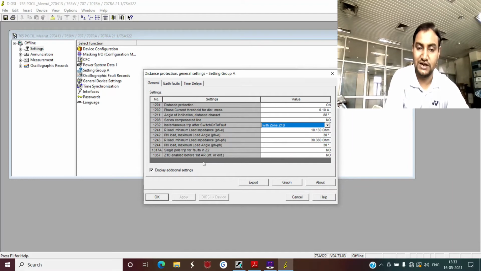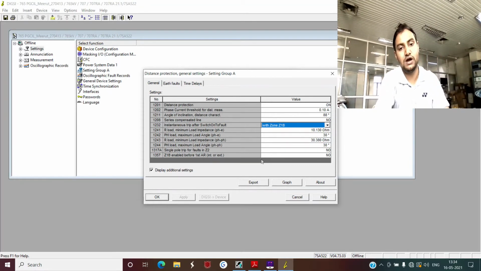Zone 1 be extended before first AR. This is not of much importance for this particular case because here we are not using the inbuilt auto reclosure function of this relay. But if you are using the inbuilt auto reclosure function, then this setting will be important. Suppose you want your relay to issue an auto reclosure for any faults on zone 1B, and you want your reach to be extended up to 100%.